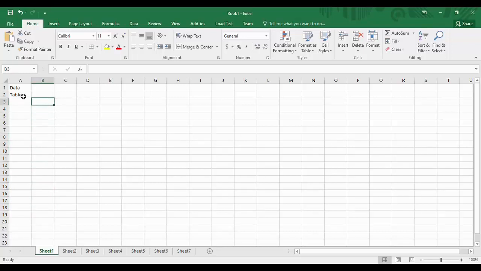And similarly, if you want to move towards the left side, you can press the shift and the tab key together. So just the tab key will move you to the right, and if you press the shift and the tab key, then you will be moving towards the left. And these are some of the important things that you can use while creating or entering data in an Excel